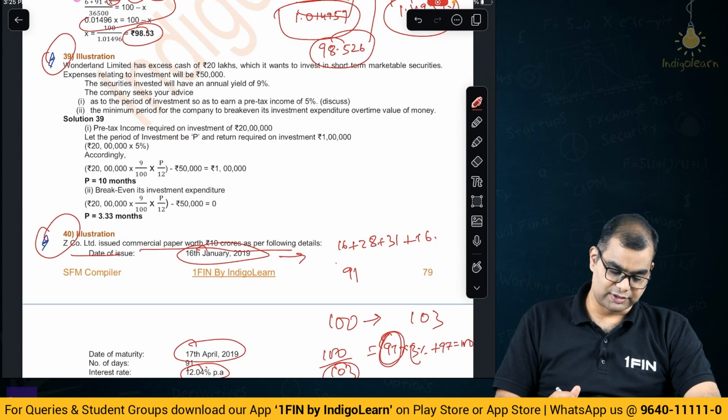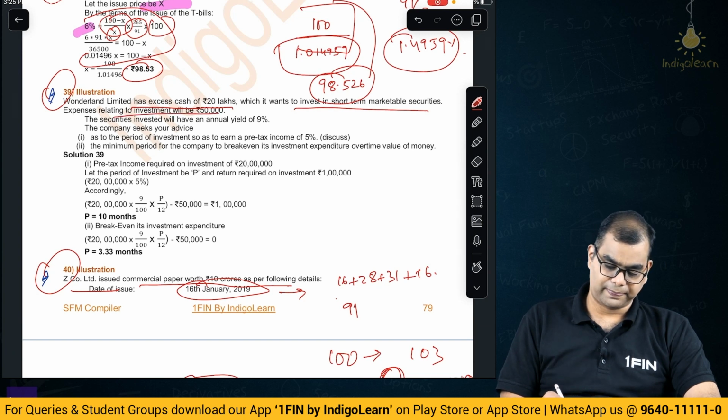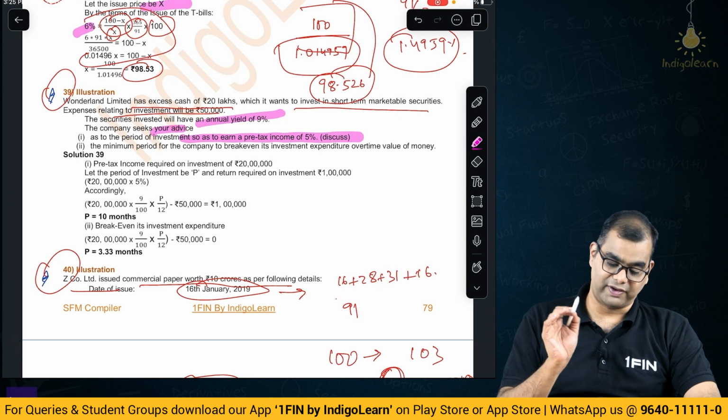Next, let us look at the next one. Wonderland Limited has excess cash of 20 lakhs, which it wants to invest in short-term securities. Expenses relating to investment will be 50,000, no problem. Securities invested will have an annual yield of 9%. The company seeks your advice on the period of investment so as to earn a pre-tax income of 5%. The minimum period for which the company should invest to break even its investment expenditure over